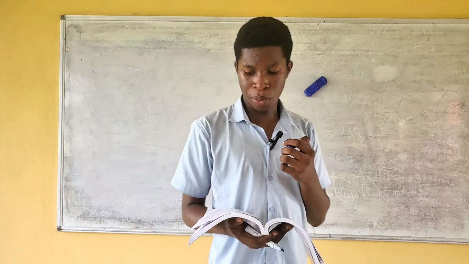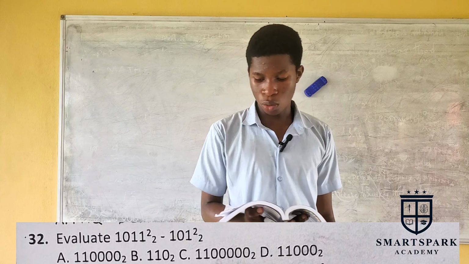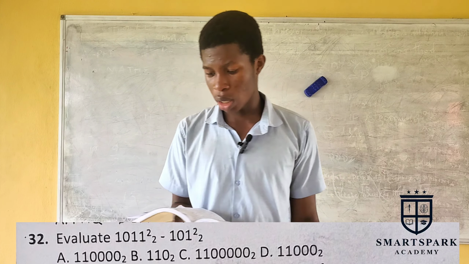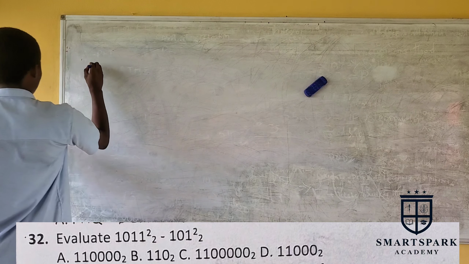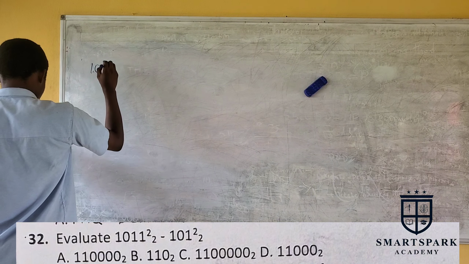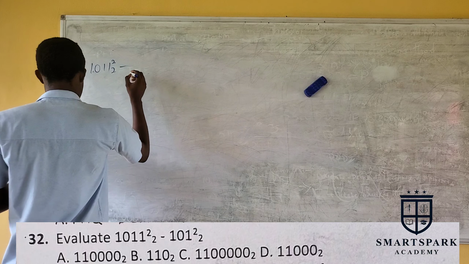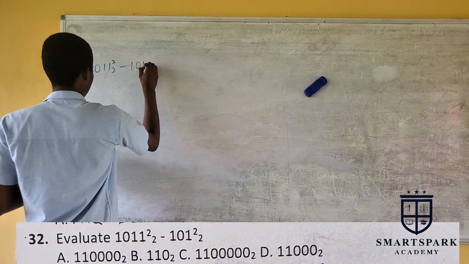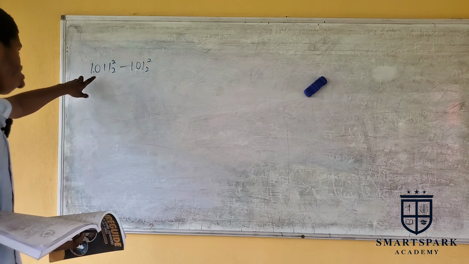Question 32, which is a binary problem. Evaluate 1011 square in base 2 minus 101 square in base 2. So this is what we are going to do: 1011 square minus 101 square. Now we are going to convert these numbers in base 2